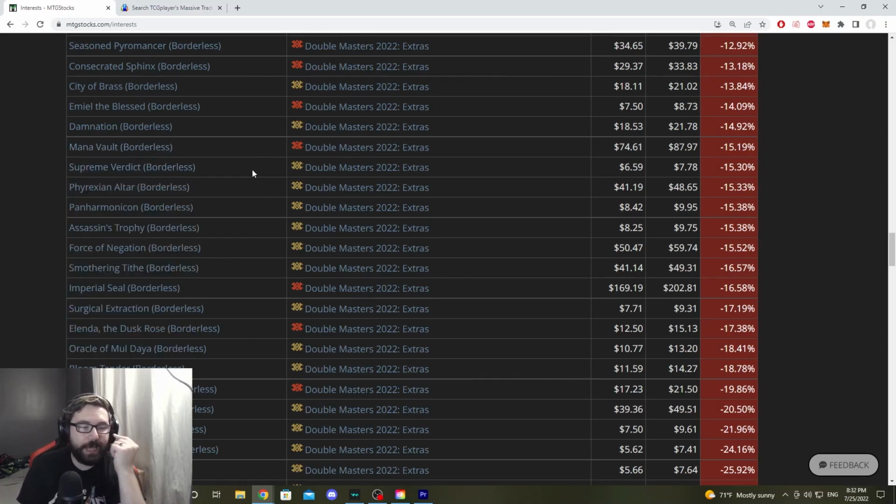But I imagine, like I said, they're going to go down a little bit more because they are just more accessible with that borderless slot. The borderless cards are going to continue to go down just because in a collector pack you get 6 borderless cards. 4 of them commons and uncommons, and 2 of them rares or mythics. So 6 borderless cards in a pack of 15. That's a lot. So those are definitely going to be going down, especially since people are cracking the collector's packs